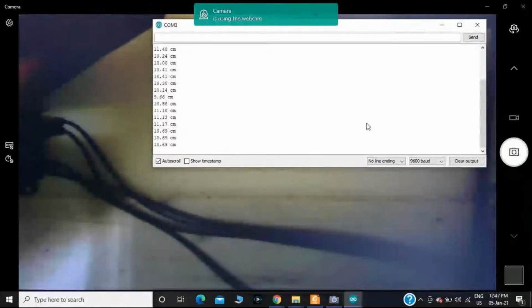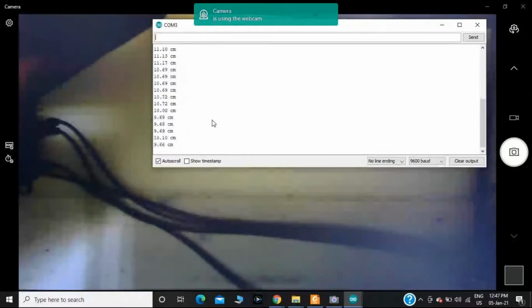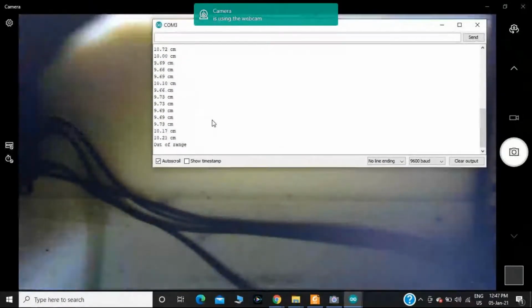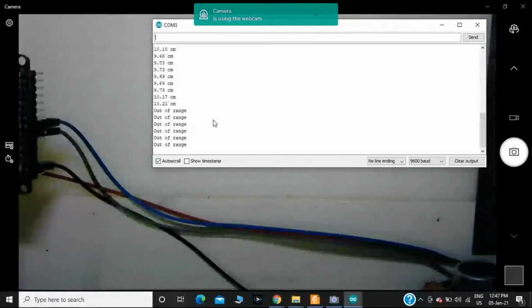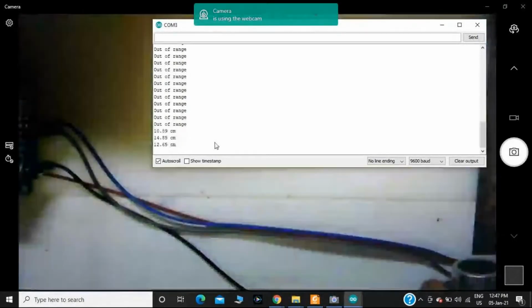In the serial monitor, it is showing the distance between the sensor and the object in centimeters, 9.73, like that. Now I am moving the object farther than 50 centimeters, and in that case it is showing out of range. Okay, now I am moving my hand towards the sensor.